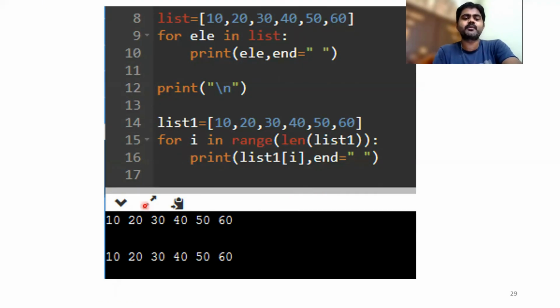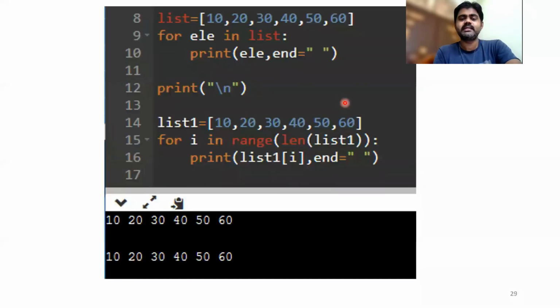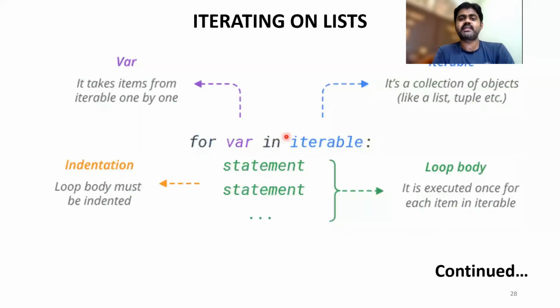Again we'll get the same output. Either way, we can iterate through the list. So this is all about concatenation of lists and how iteration happens on the list.